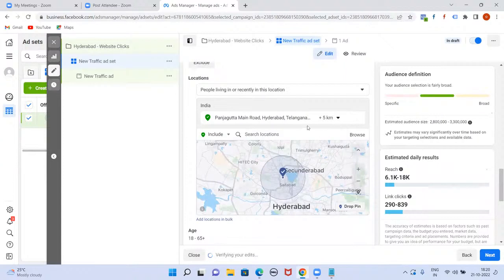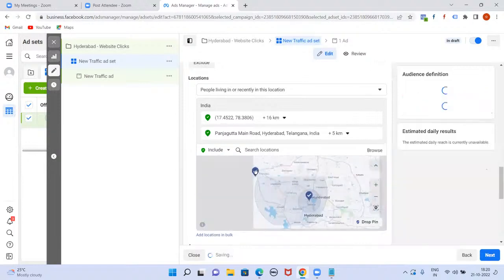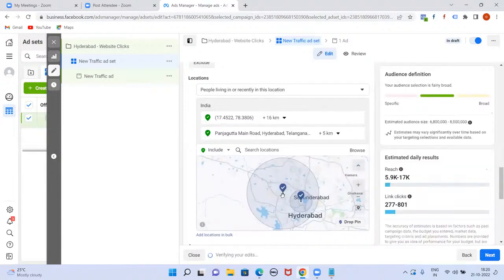So I'm telling you, these options are also available. You can select it. And one more option is there called drop-in. Drop-in option also there. I want to go for a High-tech City option here. I clicked on drop-in. I'm selecting here. Now I'm also targeting this place. So click on drop-in and